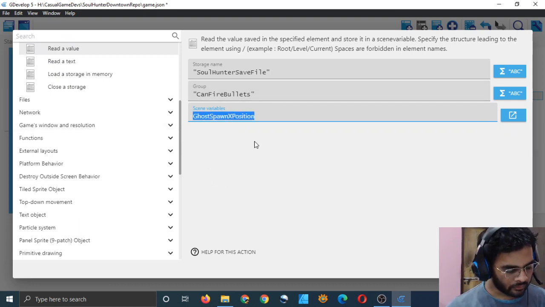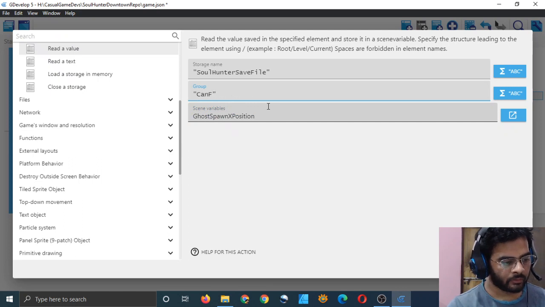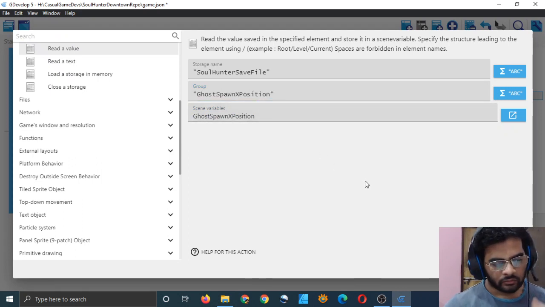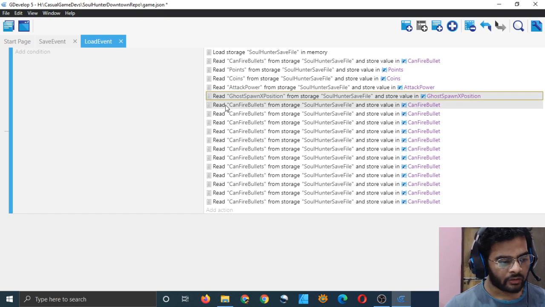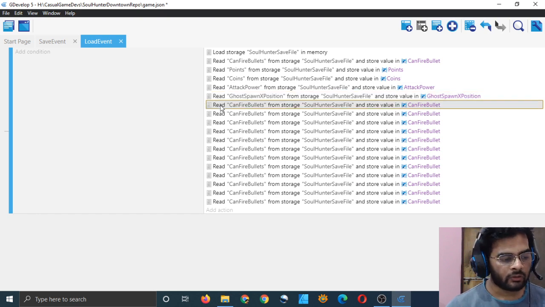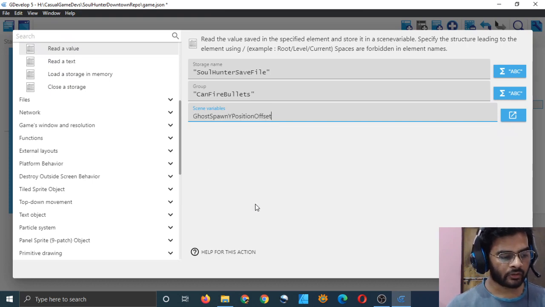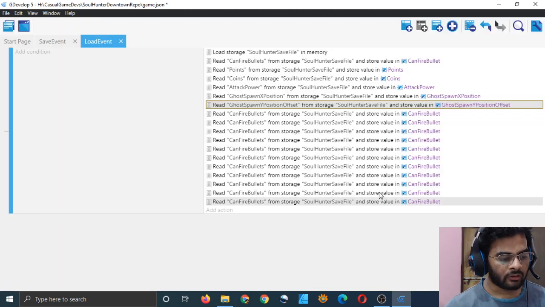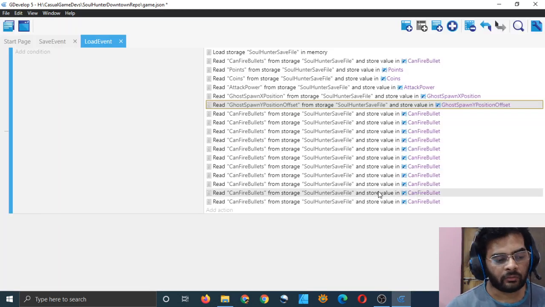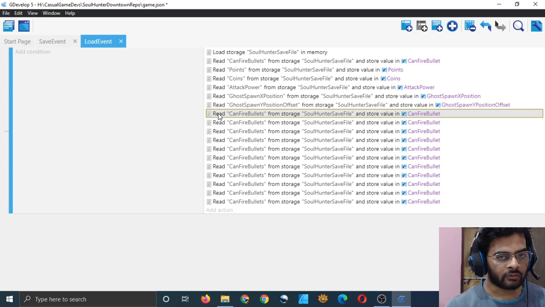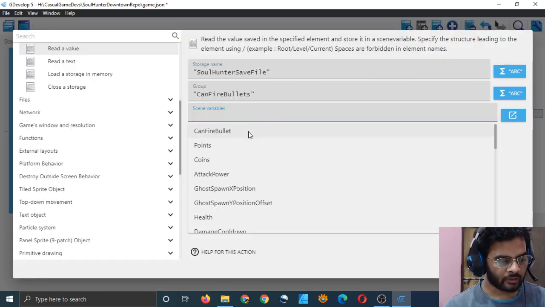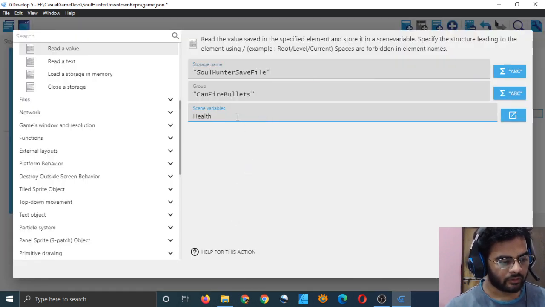We don't really need to save this in a global variable, but let's do that. If we start deciding what to save and what not to save, it will become very confusing because we will not know what we saved and what we didn't save. Then we will have to look at the save file all the time. If we save everything in the global variable section, that way we will know we have saved everything in the global variables. We don't have to think about what we saved and what we didn't save. That's why I'm saving everything, although we don't need everything, but still,